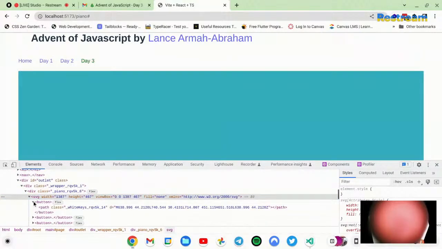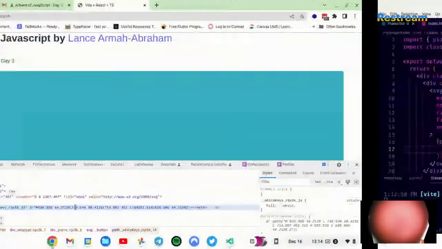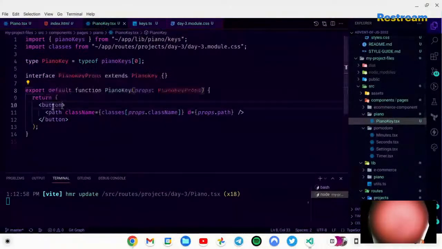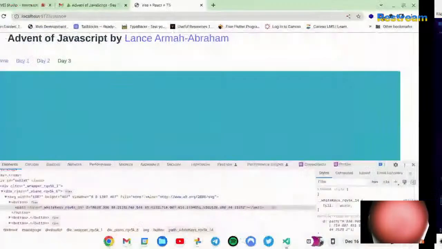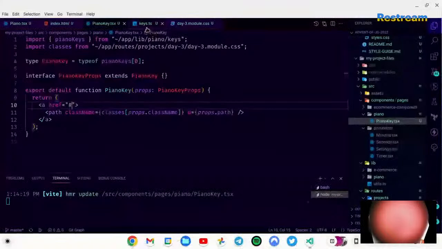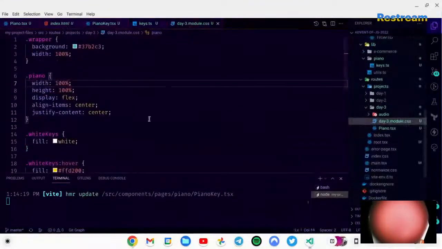SVG, and then in each one we have a button. Let me return it back as a link, and let me see something. Perhaps it's because it was a link that it was working. So let's just try that. I see. So because it was a link, that is why it was working. I'm not sure about the reasoning behind that, but